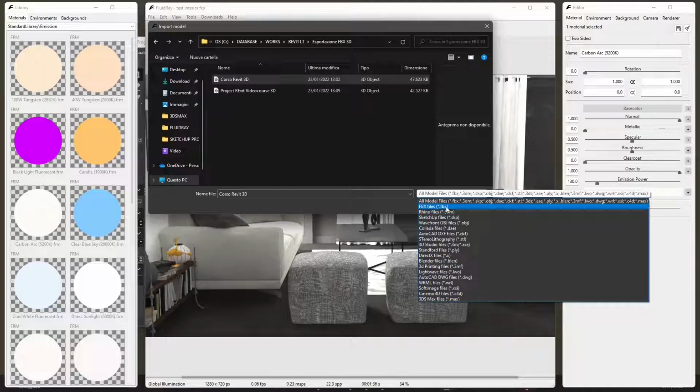And here also, if we go in the import section, when we import, we can see all the different files that we can import. So FBX, or we can import 3DM from Rhino, we can import SketchUp, OBJ like from Maya or Blender or Cinema 4D, and then we have Collada file, Autocad, so this means 3D files with Autocad, and then we have 3D Studio, Max, and